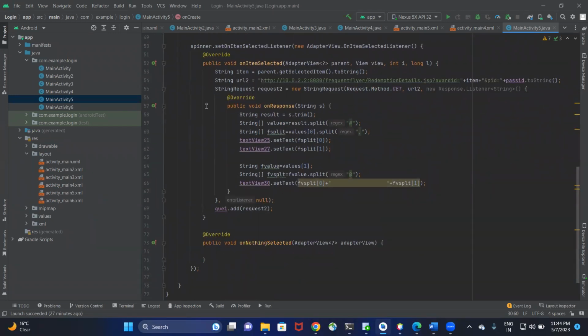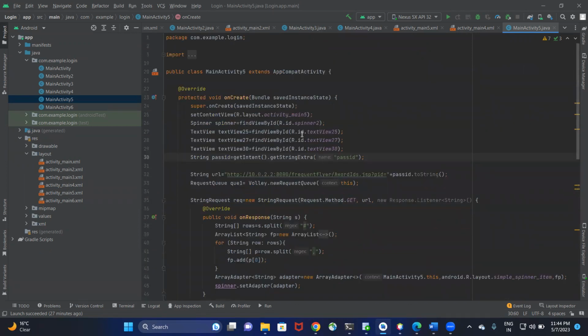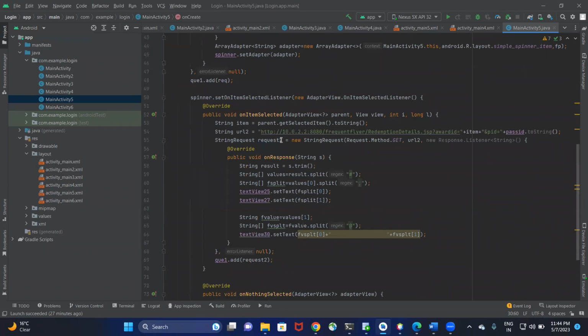We'll be adding the spinner, and then based on the option which we have selected from the spinner, that item will be sent as a parameter to the next URL, and also the passenger ID which we are getting from the first or the second activity will be used here. Then again, based on the result which we can see in our JSP pages,